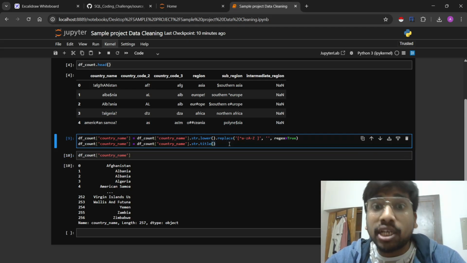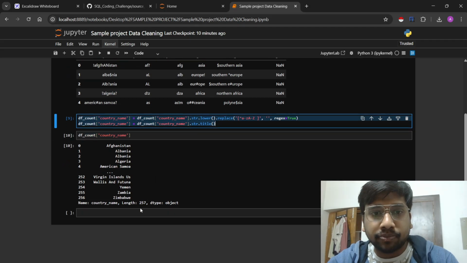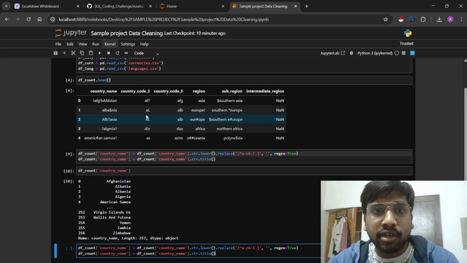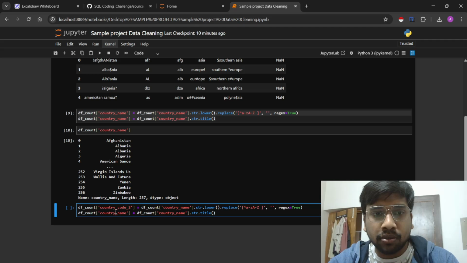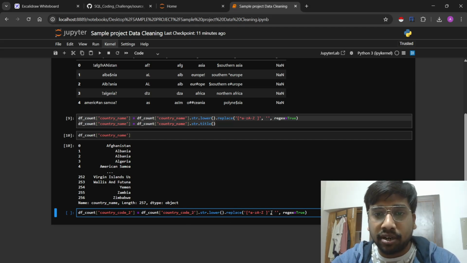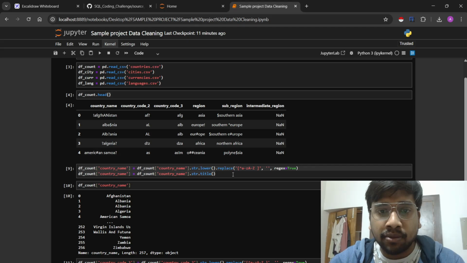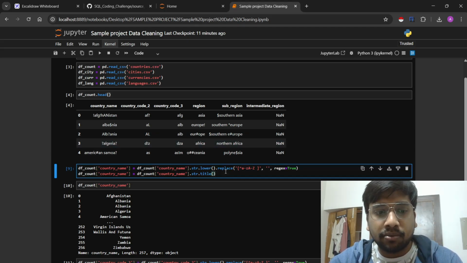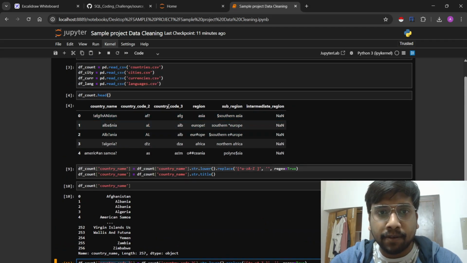We just have to do the same thing with all other columns. Okay, so I will just copy it and paste it, and this is our next column, which is country code 2. In country code I don't want this to be title case. I would rather keep it lowercase, so I will just change it and keep it lower. Similarly for this one, before that, or rather I should copy from here.